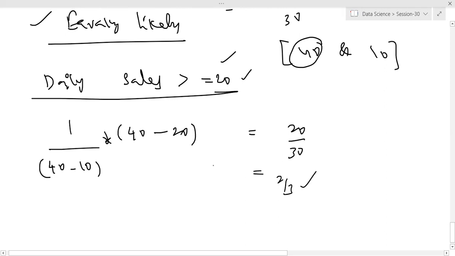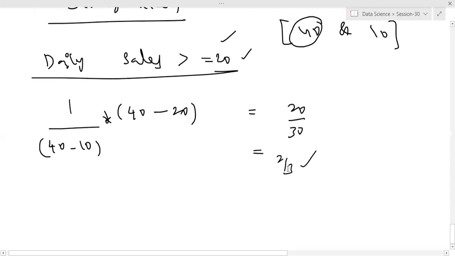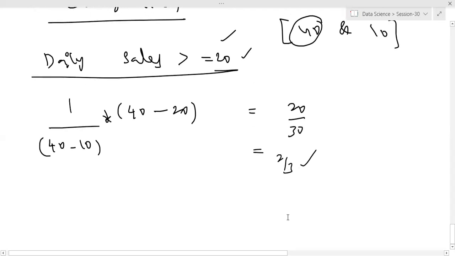Can someone comment now, friends, what are all the points you have observed between uniform and Bernoulli distribution? Because practically you need not implement 1 by B minus A into something, all these things. Directly by seeing the diagram, you have to tell. Okay, let me pull the diagram. In the meantime,